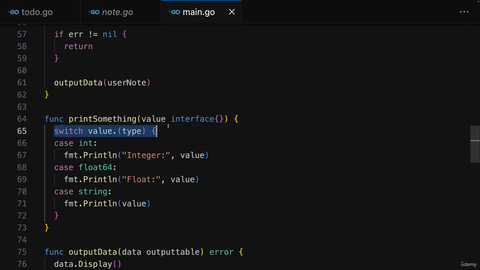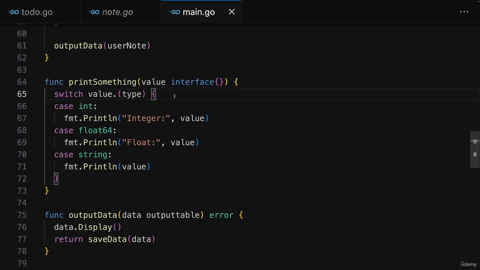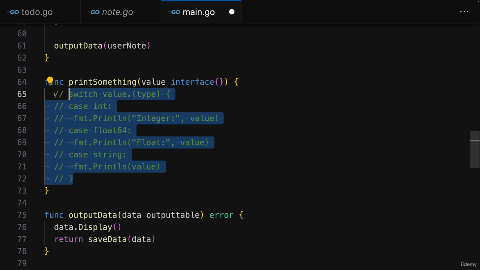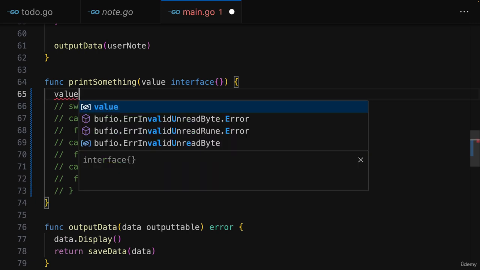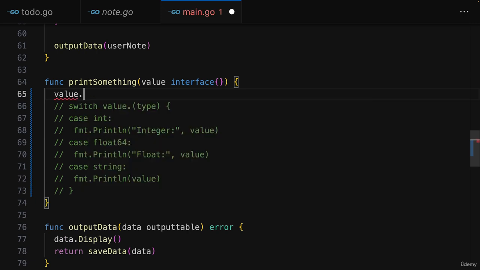So you can use switch statements to look up the type of a value and then define different cases for different types. There also is an alternative syntax you can use for looking up a value type. You can use that value for which you want to look up the type, and then use the dot on it. And this works no matter if the value is a struct or any other kind of value, because